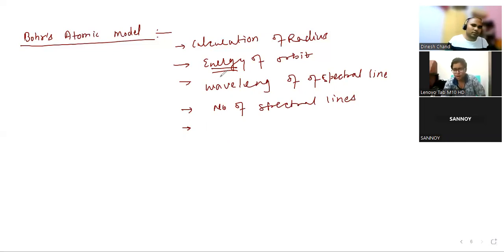So radius of orbit also sometimes they ask, like if the radius of first orbit of this He plus is this, then what is the radius of another one? So this type of questions are coming. They ask even the ratio also. The radius of orbit and radius of shell are the same thing, no? Yes.